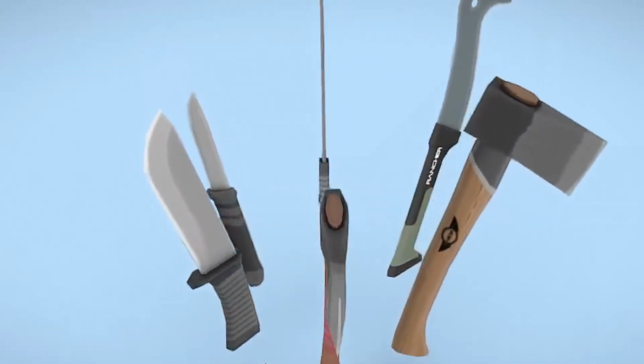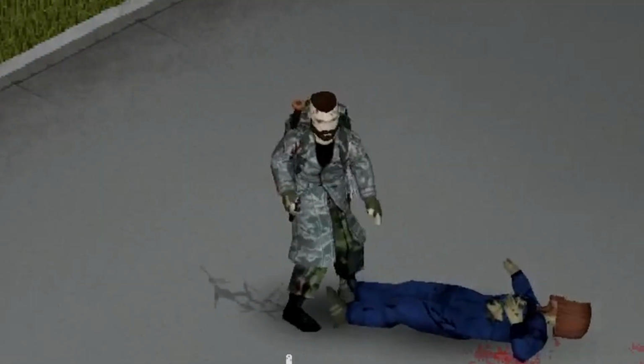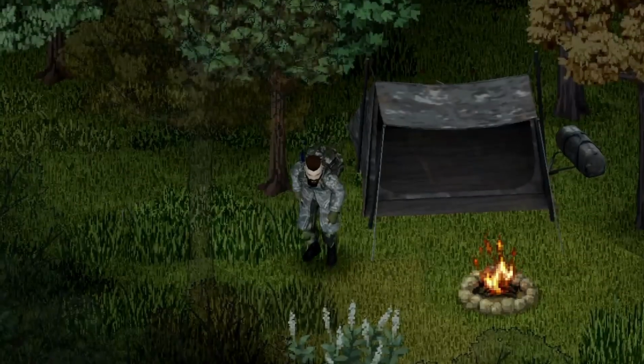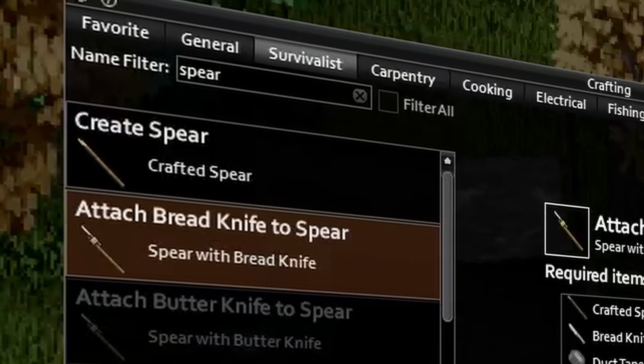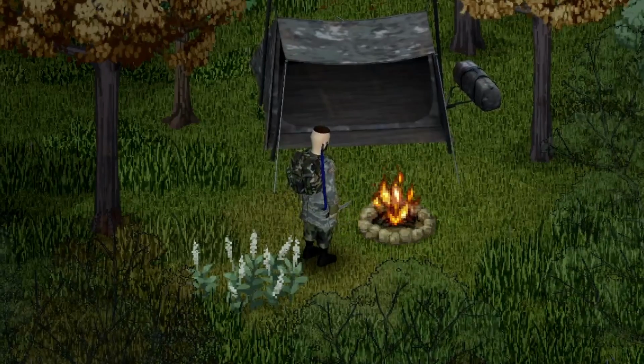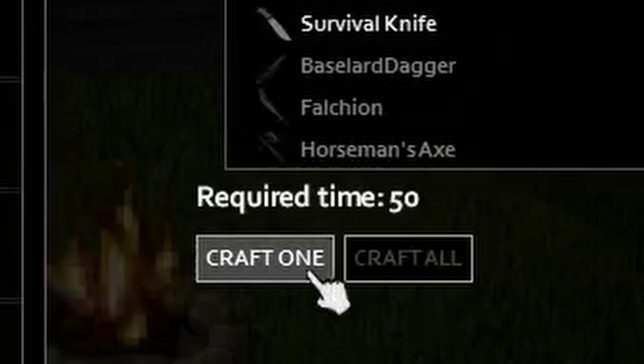This incredible tool not only has the highest damage output among all the knives, but it is also perfect for all your character's survival needs. You can use it to carve wood for spears and campfires, slice meat, and craft other weapons, similar to what